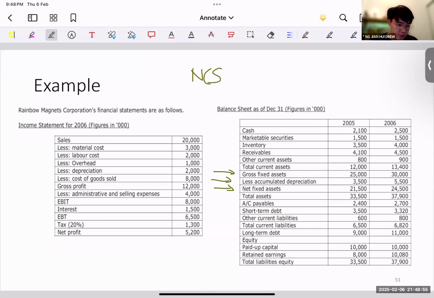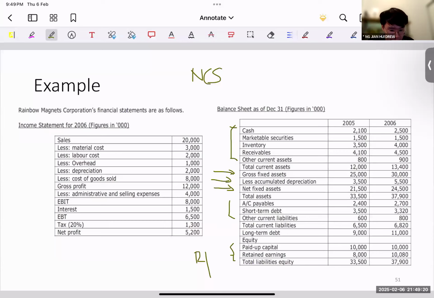Where else are we interested to look at? Let's see. In this sense, we have our paid-in capital and our net income here. Potentially, this means that we can do our residual income model, RI. In terms of our current assets, what do we have? Our current assets is given by this chunk of thing, right? Our current liabilities is given by what?